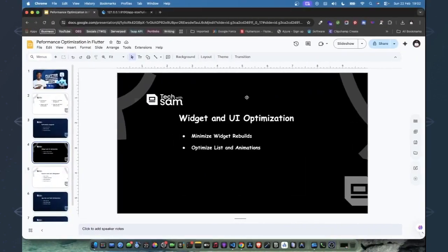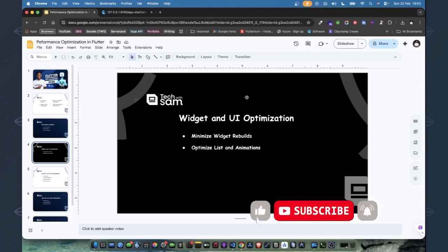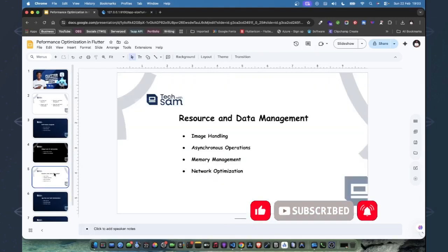So in optimization, again, I mentioned use ListView.builder instead of loading the list at once on the UI. Also, I mentioned use repaint boundary to isolate animation repainting from the rest of the UI. And also I said avoid using opacity widget basically. So that's that for widget and UI optimization. So the next point I have now is